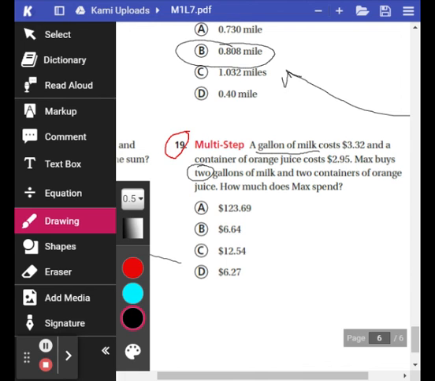So 5 plus 5 is 10, regroup. 9 plus 9 is 18, plus 1 is 19. I regroup. 2 plus 2 is 4, plus 1 equals 5. So this is going to be for the 2 containers of OJ. Now, we're not done yet. You see over here, I have the $6.64, but that's not the correct answer because that's for the 2 gallons of milk only. And I don't see the $5.90. So we have to add